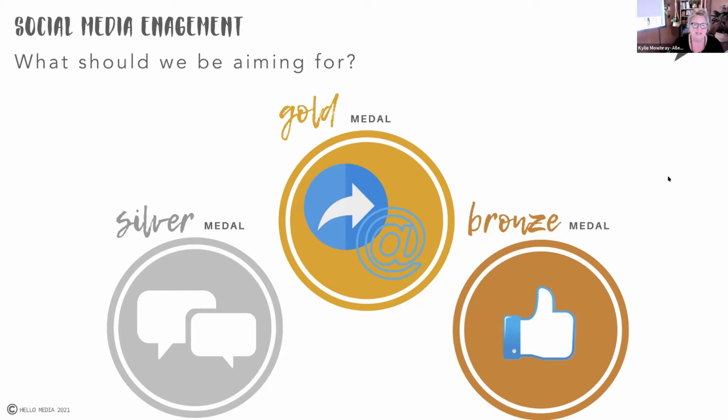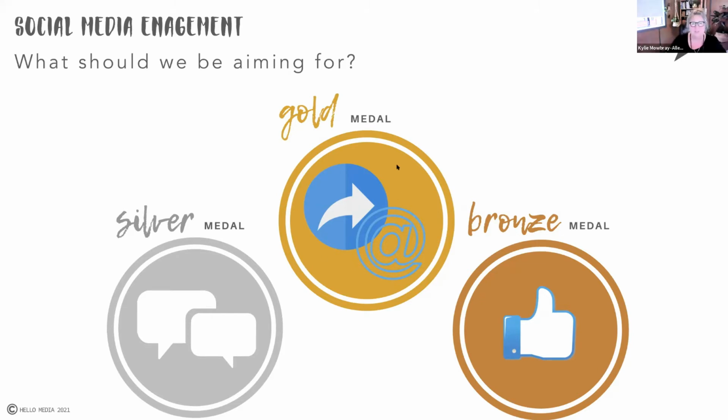And what happens when you get a silver medal? That's because someone has commented. And particularly awesome in Instagram stories when someone comments, because they slide right into your DMs. And then that's a wonderful opportunity for you to reply. And then you've opened up a beautiful form of a chat, a little communication going on. And you can then talk with them about all kinds of things, ask them questions, invite them to a webinar. You can do whatever you want in that space. So definitely aim for getting comments.